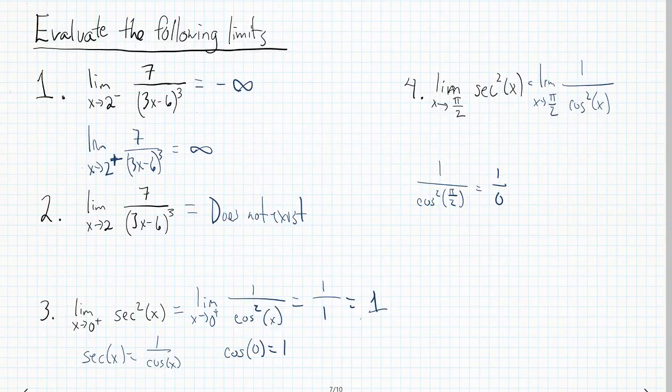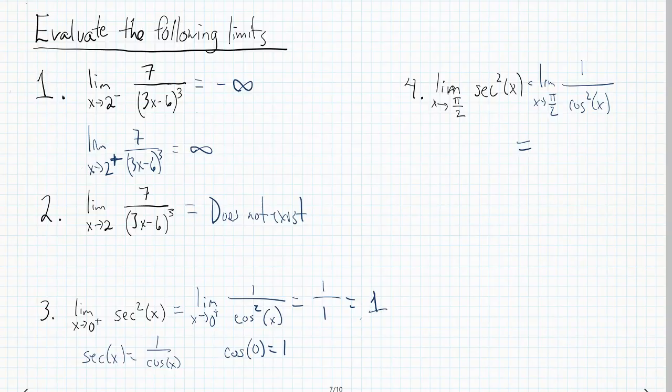Well, this one's actually kind of easy, because notice we're squaring the cosine. So we're getting 0 and we're squaring that. So the only possibility is on the positive side of 0, right? Because we can't be negative if we have a square down below. So that means since we have 1 over 0 and this is positive, this whole thing